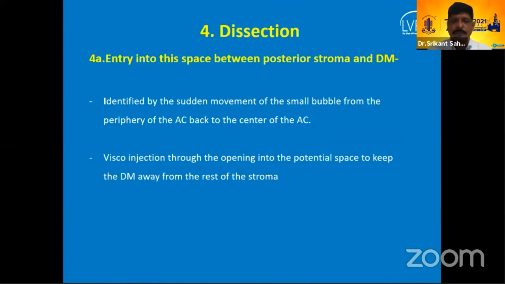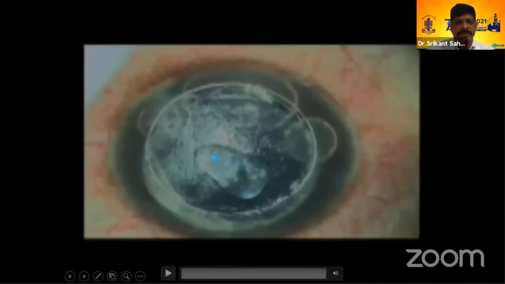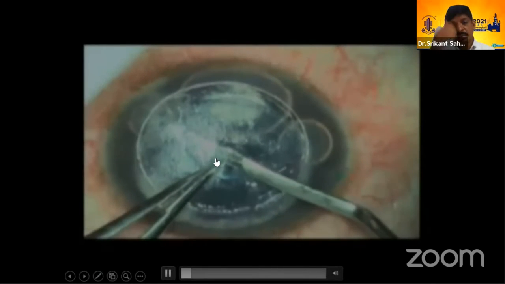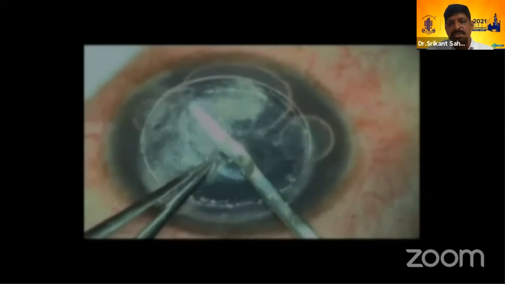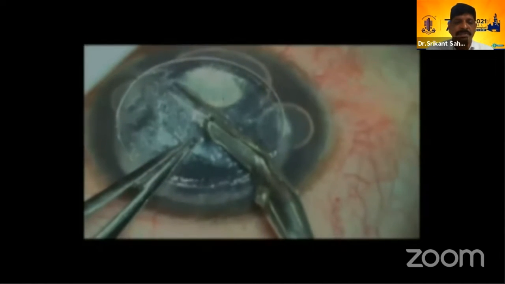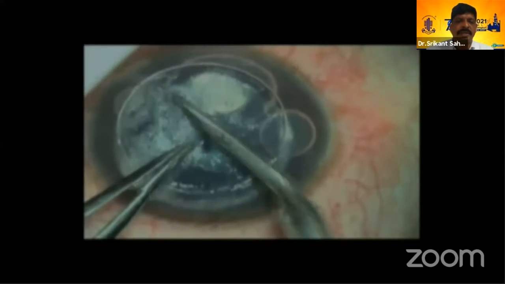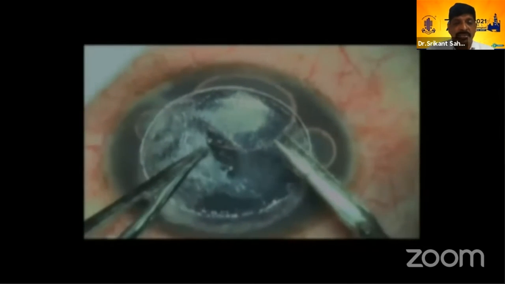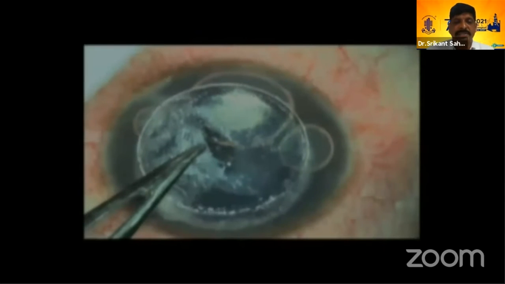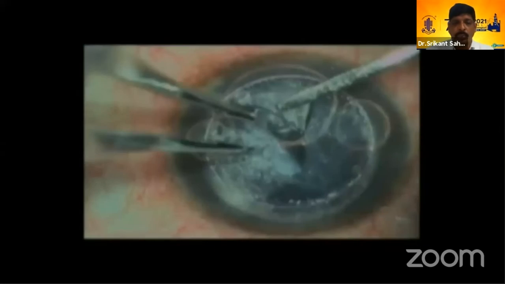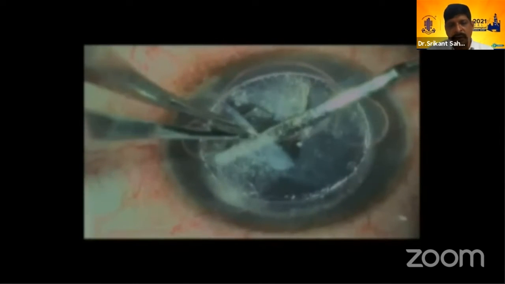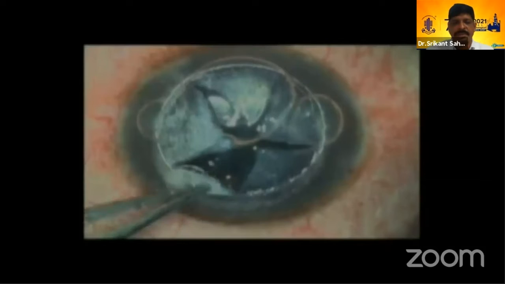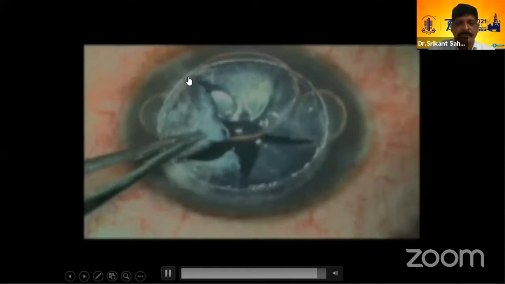Once you do that, we put the viscoelastic through the center. And now, though we know that it's separate, we ensure that not even small strands are attached. So we take an iris depositor and separate it, then cut it, and we should be sure the areas which we are cutting are actually cleanly separated by the iris depositor. Once we are very sure, then we can cut it like a petal of a flower. At the end of the cut, it looks like a petal, and the edges can be cut very nicely.